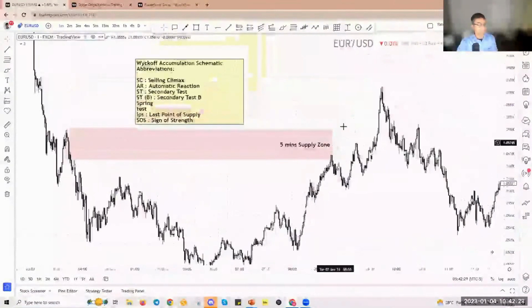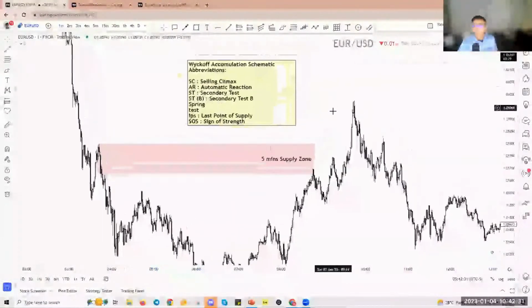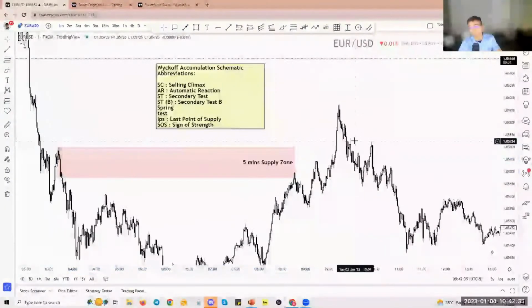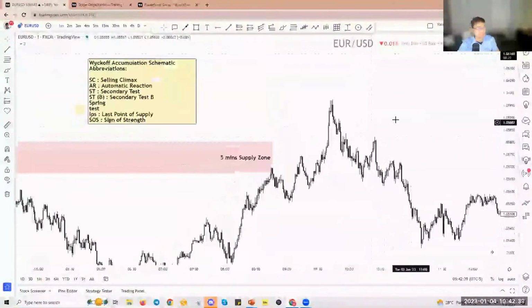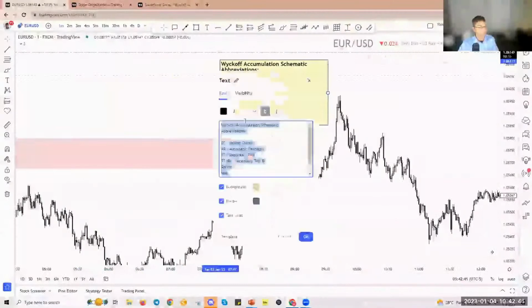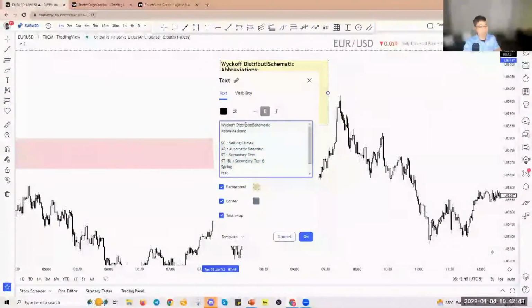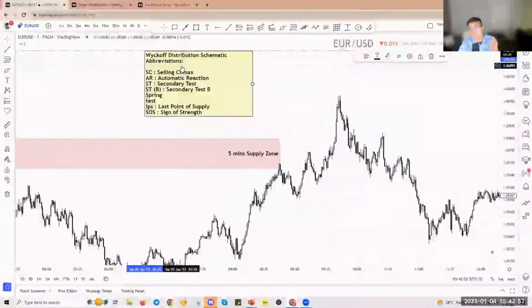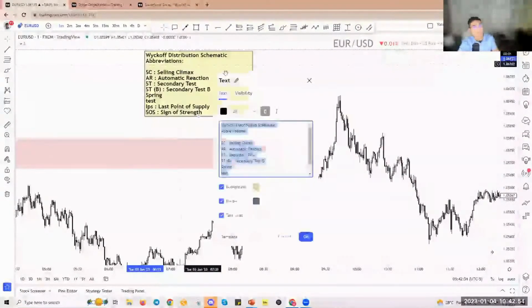and we can continue. So with price tapping into the 5 minutes supply zone, we can safely start to look for a short. We can look for a sell, start to look for a sell. So how do we do that? So Wyckoff distribution schematic. I suggest you guys go and practice accumulation first before you start to look for